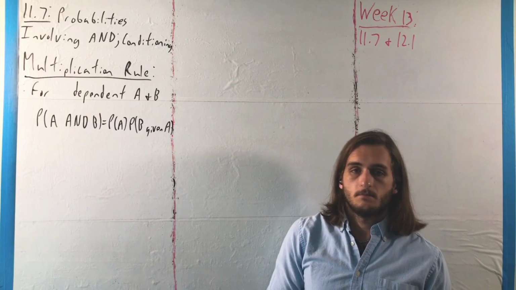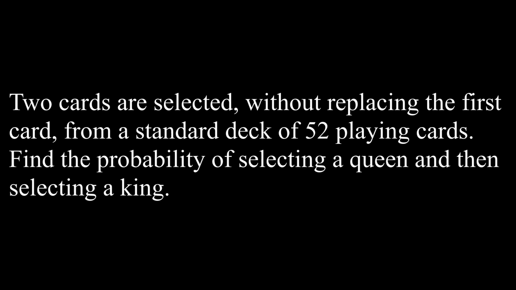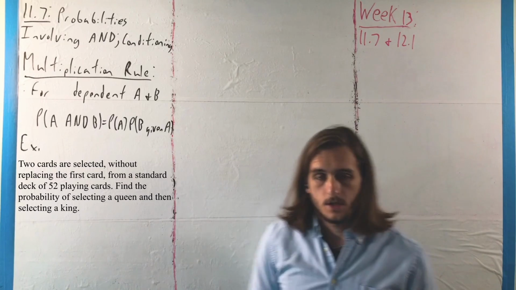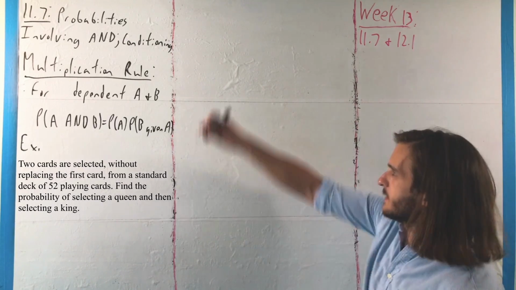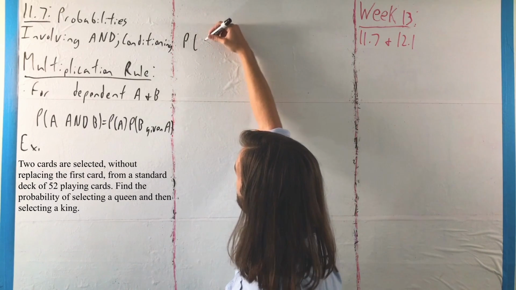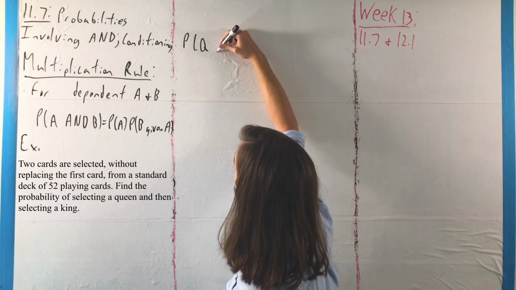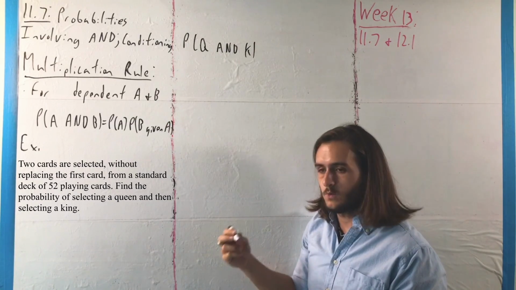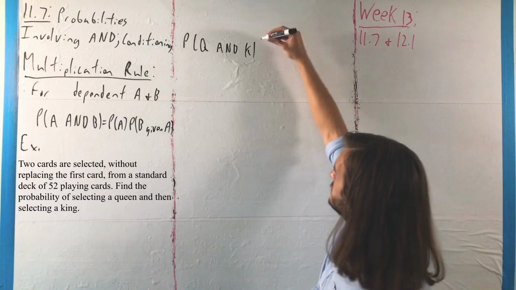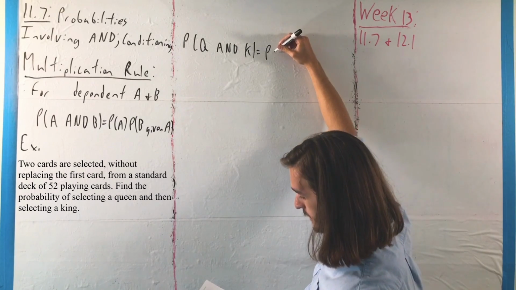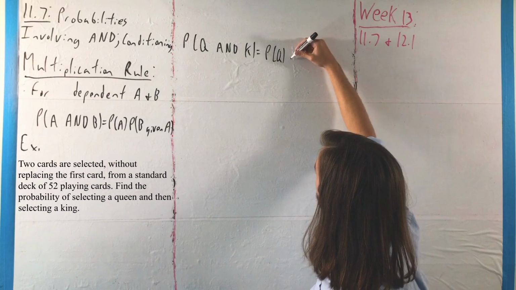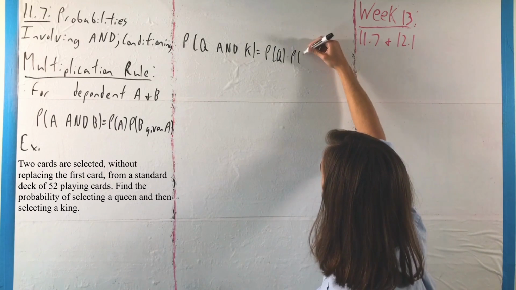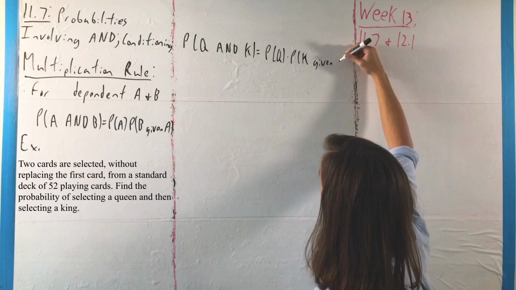of dependent multiplication. For our first case, 2 cards are selected without replacing the first card from a standard deck of 52 playing cards. We want to find the probability of getting a queen and then getting a king. So, as we talked about earlier, if we want the probability of getting a queen and a king, where importantly here we have those words without replacement, this means what we need is the probability of getting our queen as well as the probability of getting a king given that we've already pulled a queen,